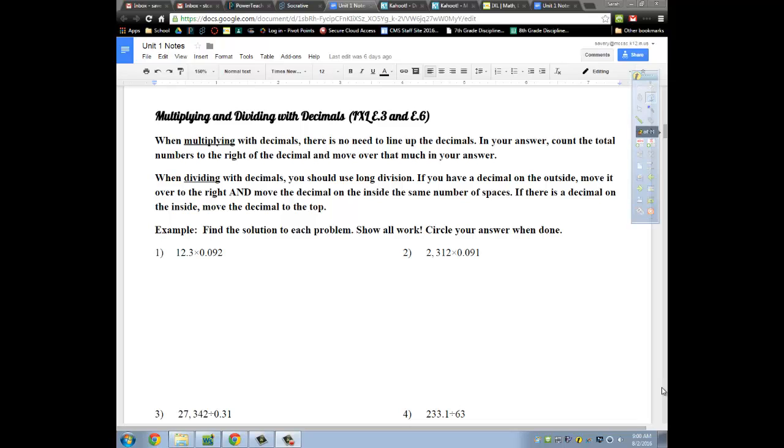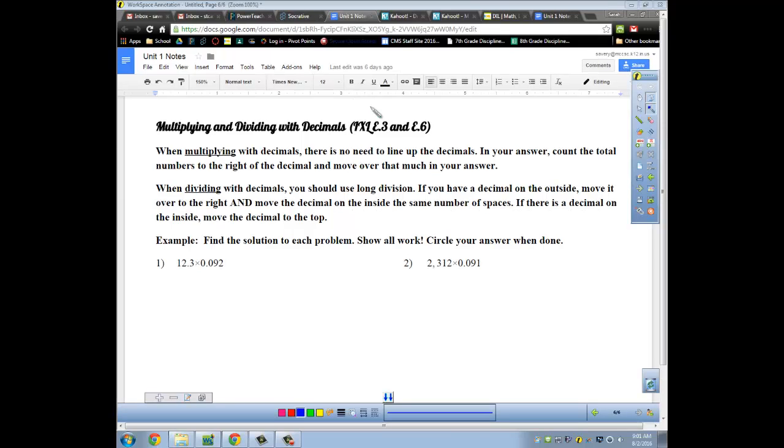Hey, so today we're going to be multiplying and dividing with decimals, similar to adding and subtracting decimals, but when we get to multiplying, we are not going to line up the decimals, we instead line up the numbers. And then when we get to dividing, we're going to use long division. When we do our multiplication, and I want you to write a note about this, I want you to